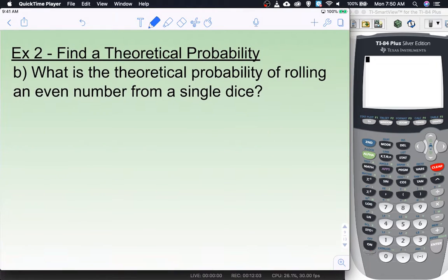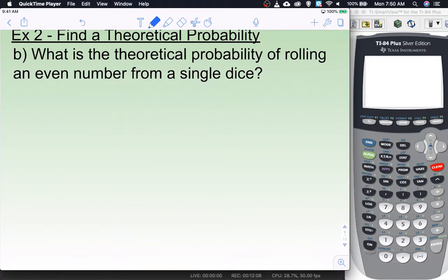What is the theoretical probability of rolling an even number from a single dice? Actually, this is an example I gave earlier. The theoretical probability would be, well, eventually 1/2. It would be 3 out of 6, if you're looking at a dice,